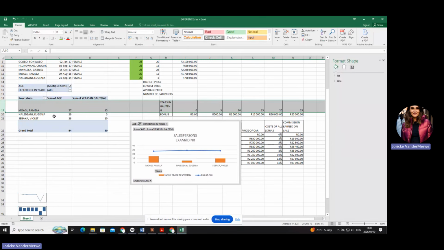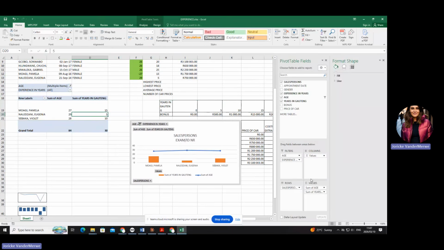Now, darlings, let's say everything looks chaotic to you. Then at least just show me that you can filter by dragging those fields. You literally click and you drag it there, so that you can actually get the mark for filtering, even if you can't do this. Okay, then you'll get the mark for the filters, but you'll maybe lose 1 mark for displaying the correct ones. Okay, so just practice that, please. You can maybe just do 1 filter for me on age and only display the ones above 27 and more. Okay, I'm going to stop here.